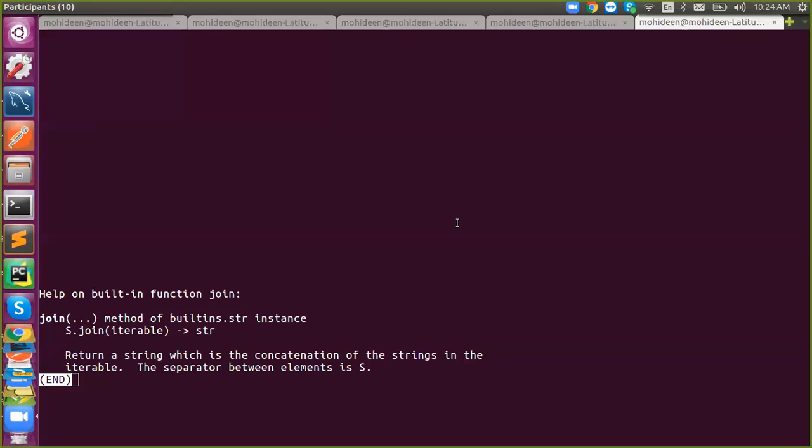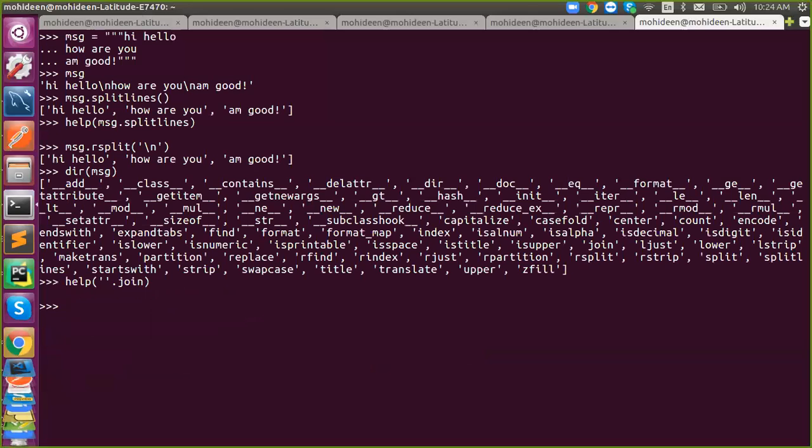Say for instance, if we have two strings like "hi" and "hello", they said it's called an iterable. You need to pass one iterable. If you say it's two strings, it is 2 iterables. Got it? If I pass 2 iterables and want to concatenate two strings, just say plus.